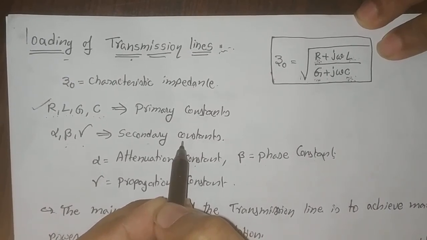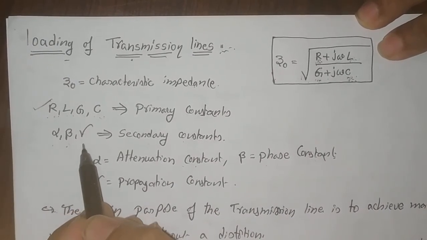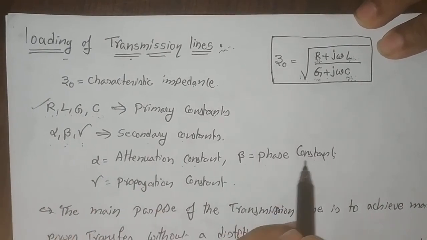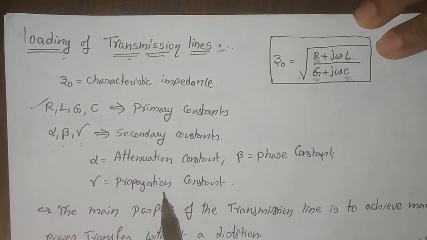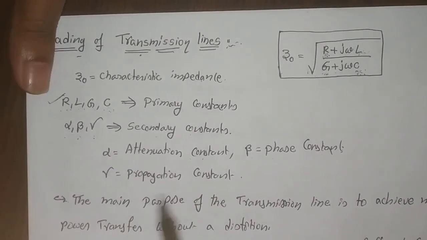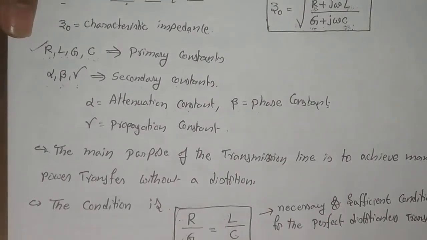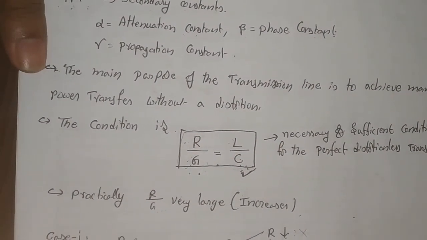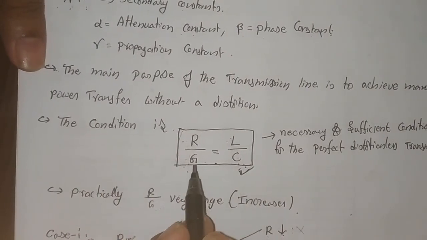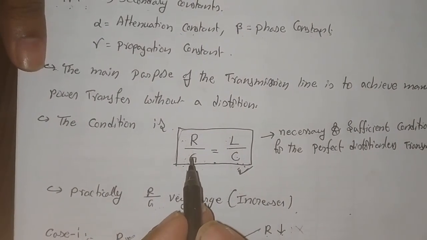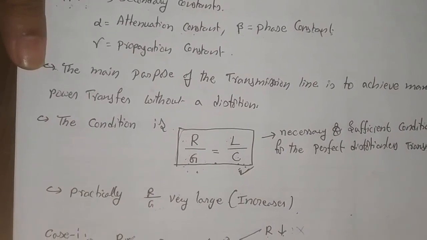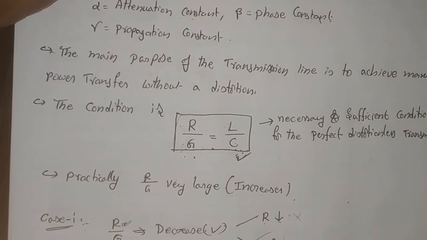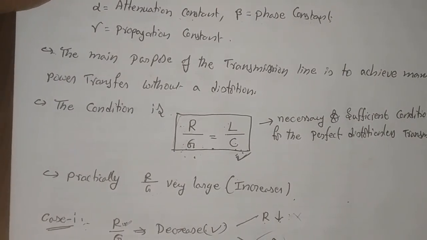These secondary constants are alpha, beta and gamma, where alpha is the attenuation constant, beta is the phase constant, and gamma is the propagation constant. So for the analysis as well as the design of the transmission line, first of all, you must have a question: what is the main purpose of the transmission line? Why do we have to choose the transmission line? The answer is that the main purpose of the transmission line is to transfer maximum power